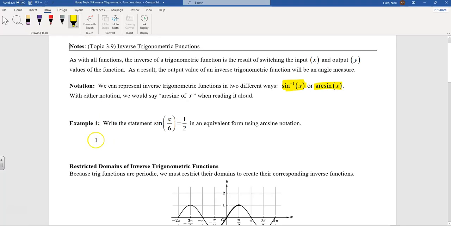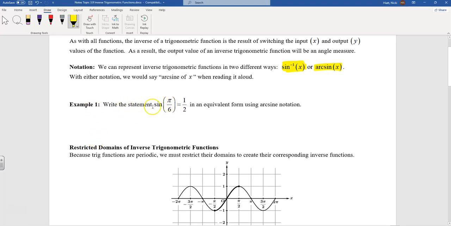So if we have a statement like sine of pi over 6 equals 1/2, right? That comes from our unit circle. So it's sine of pi over 6. This is an angle. It equals, since we're doing sine, a y coordinate, either from the unit circle or our graph of sine, right? So this is sine of an angle. If we want to rewrite this with arc sine notation, we will do inverse sine